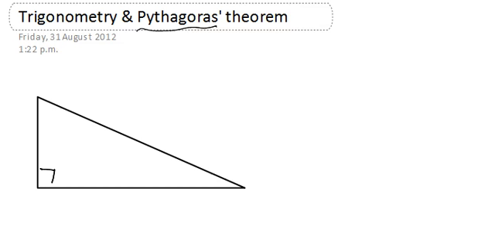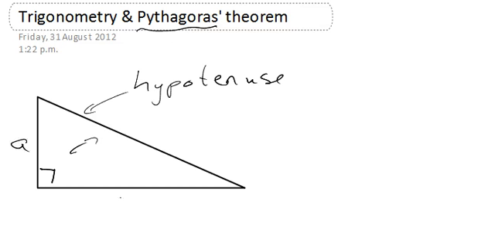So I've got a triangle. The longest side is the hypotenuse, and it is always opposite the right angle. In Pythagoras' theorem, it doesn't actually matter about anything else. Okay, you don't have to worry about those things. So if I just give these sides some letters,